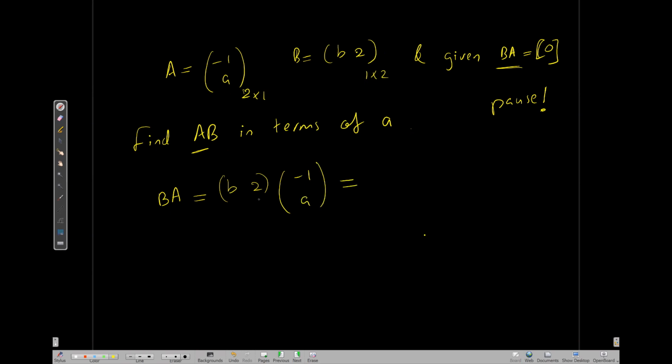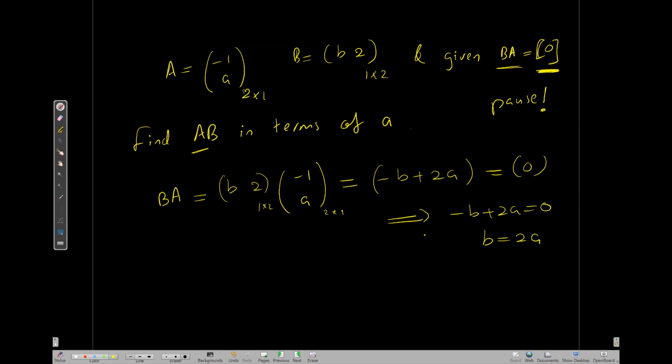So when I multiply, see, 1 by 2 into 2 by 1, the result is 1 by 1. See, it's 1 by 1 right over here. But using this, we know negative B plus 2A is our answer, and that should be 0. So this forces negative B plus 2A equals 0, and B equals 2A. Now AB, when I put A as (negative 1, A) and times B, 2, this is 2 by 1, this is 1 by 2, and I'm getting